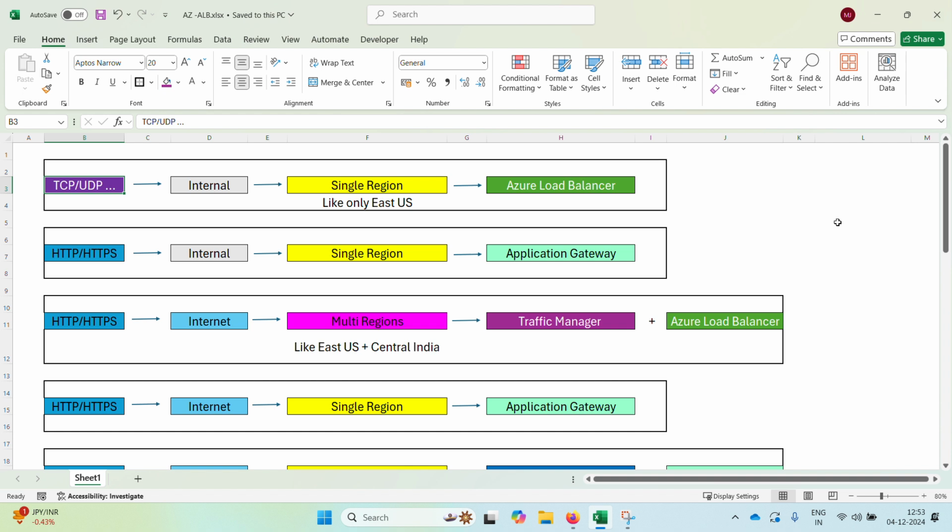For example, your traffic is UDP or TCP, which is not basically HTTP or HTTPS, and it is being used internally, on a single region like only East US. Then you can use the Load Balancer to balance your load for your backend. When your traffic is HTTP or HTTPS and it is used only for internal purposes, not exposed to the internet, and on a single region, then you can use the